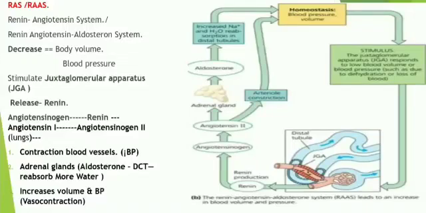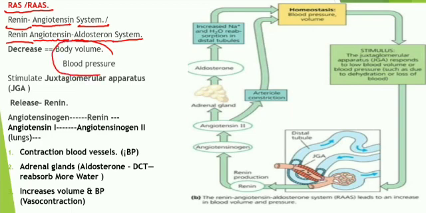Now we can go through another interesting mechanism, that is RAS. What does it mean? RAS means the renin angiotensin system, also known as the renin angiotensin aldosterone system. Both are the same. This system operates when there is a decrease in body fluid as well as body blood pressure. Body volume and blood pressure decrease, and this RAS system gets activated,